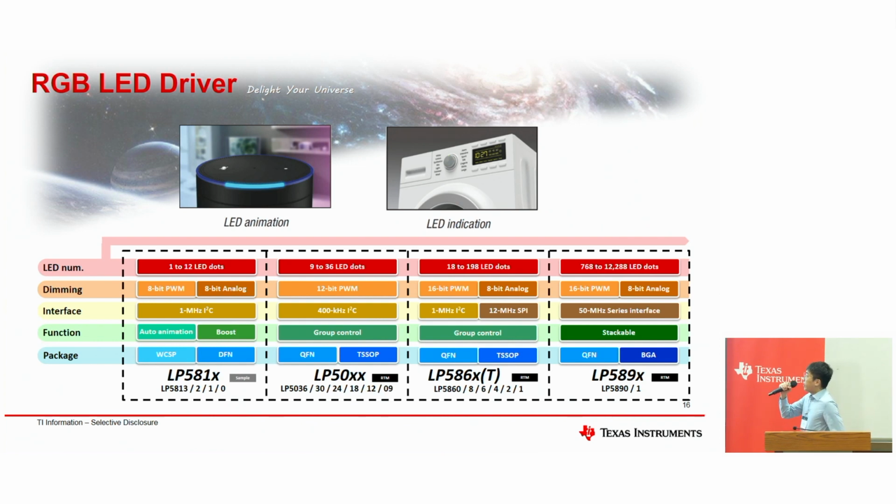Okay. The second sector is the RGB LED driver, as we have 2 demos on the demo tables. We are seeing that RGB LED drivers have 2 major applications. One is on the smart speaker, the LED animations. You will have a light ring circling around or some RGB color breathing. Those are human-machine interface statuses that can co-work with human beings at home. The second one is LED indication, which is simpler on-off toggling control, like the number or letter panels on laundry machines.